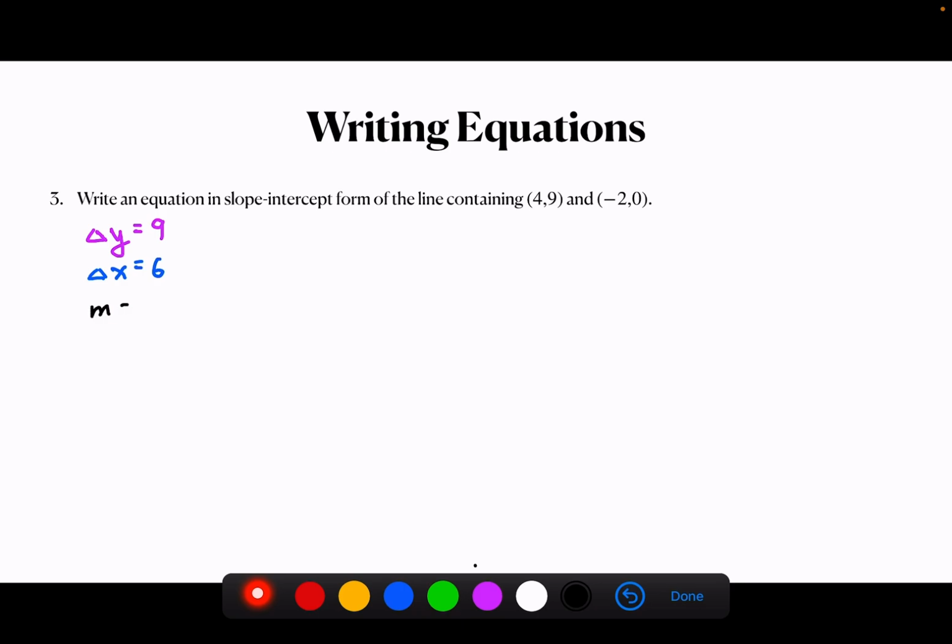And so our slope is going to equal 9 over 6, which equals 3 over 2. Now that's our slope. Now we can choose any of these points. Okay? So the second part,